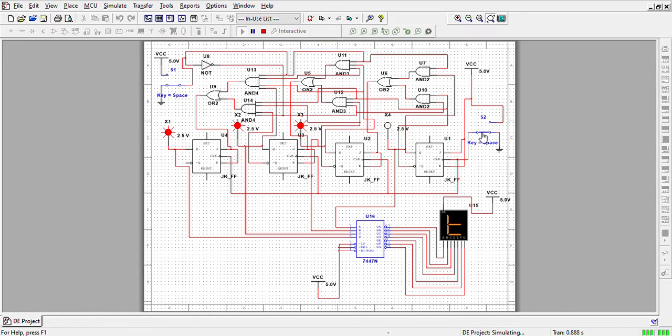As I see, it gives me only up to 9, so at that position it will show me the number 9. 1001 binary means 9. Again, changing the clock pulse, it will give me 8, which is 1000.